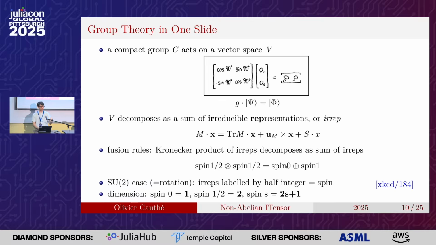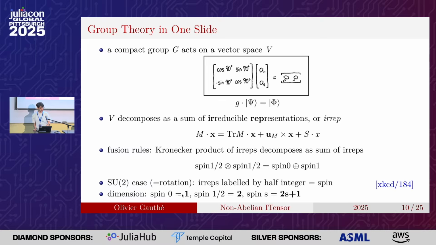So I have 4 equal 4 in terms of dimensions. In this talk, I will mostly focus on the group SU2, which is the most common group you will see in quantum mechanics. But the rest of the talk is generic to any compact Lie group. And I will use the fact that for SU2, I know the irreducible representations are what we call spins in quantum mechanics. And I will, instead of labeling them with half integers as is the common way, label